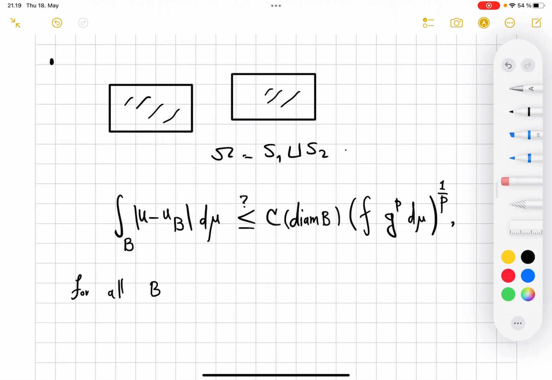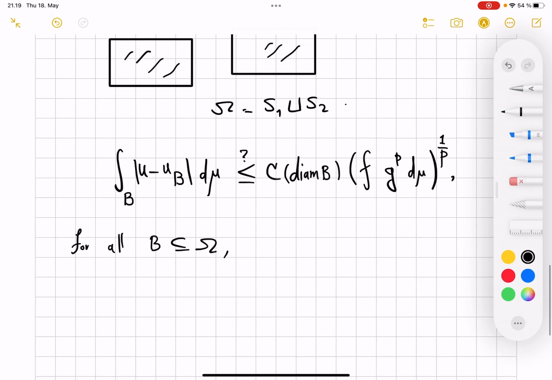Right. So, balls in your space. By the way, here I'm using "balls" in two meanings: the honest balls in the Euclidean space, and also the intrinsic balls in this metric space, which of course never go outside the space. So for all balls, the only version of the Poincare inequality we have defined is for all Lipschitz functions